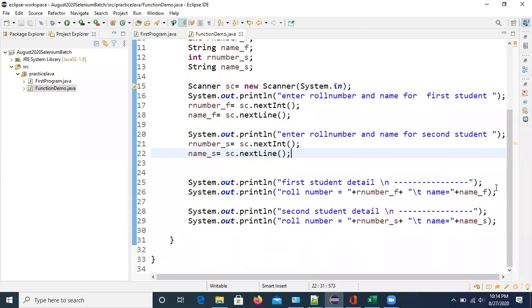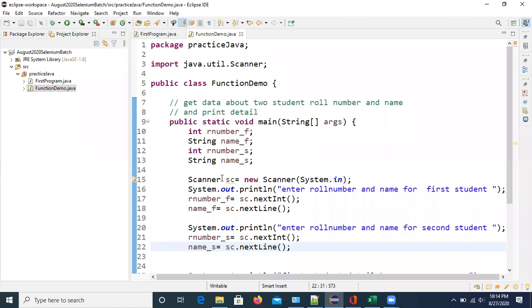This is a very basic program to get a name and roll number, let's say one integer and one string, and we are just printing it. Now, understand that